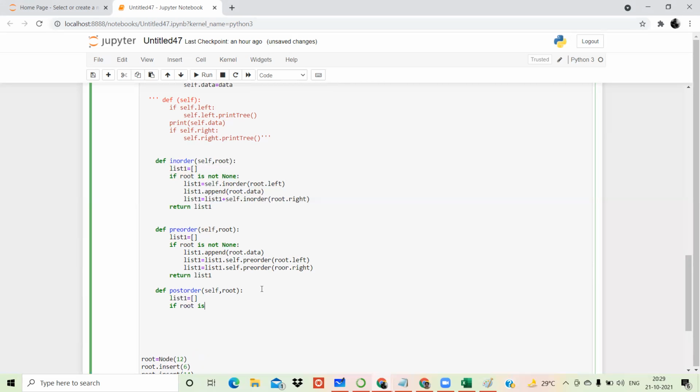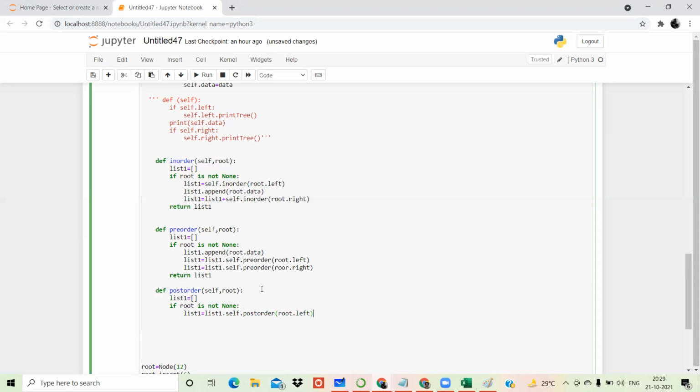Then list 1 equal to list 1 dot, then self dot post order, then it will be bracket, root dot left. Correct.